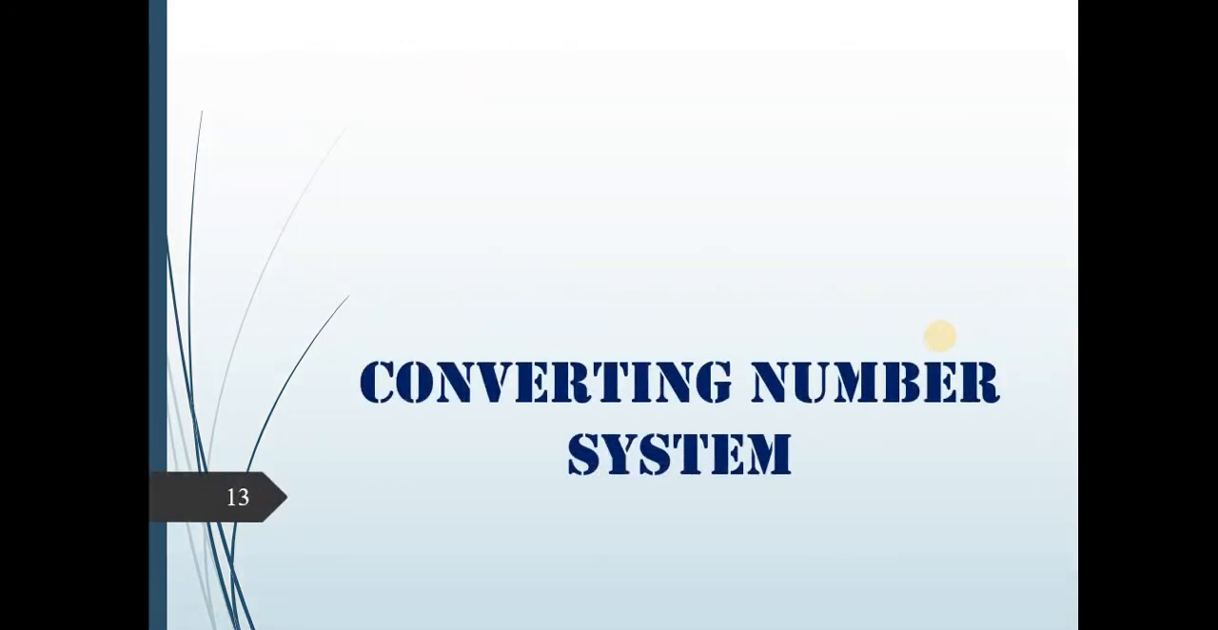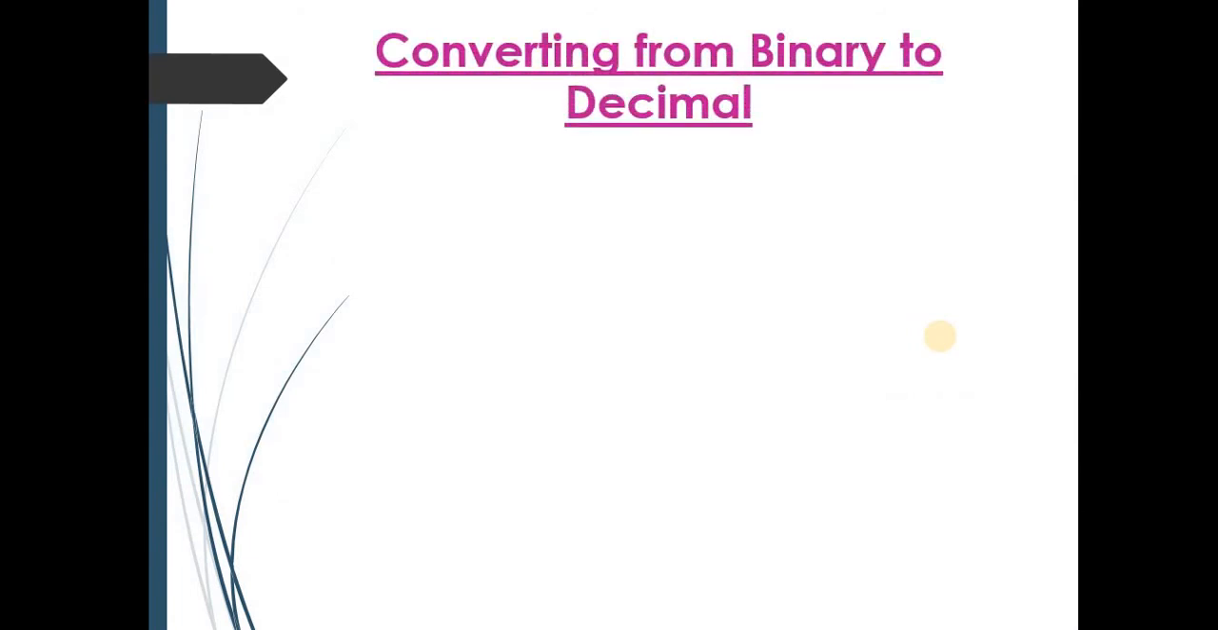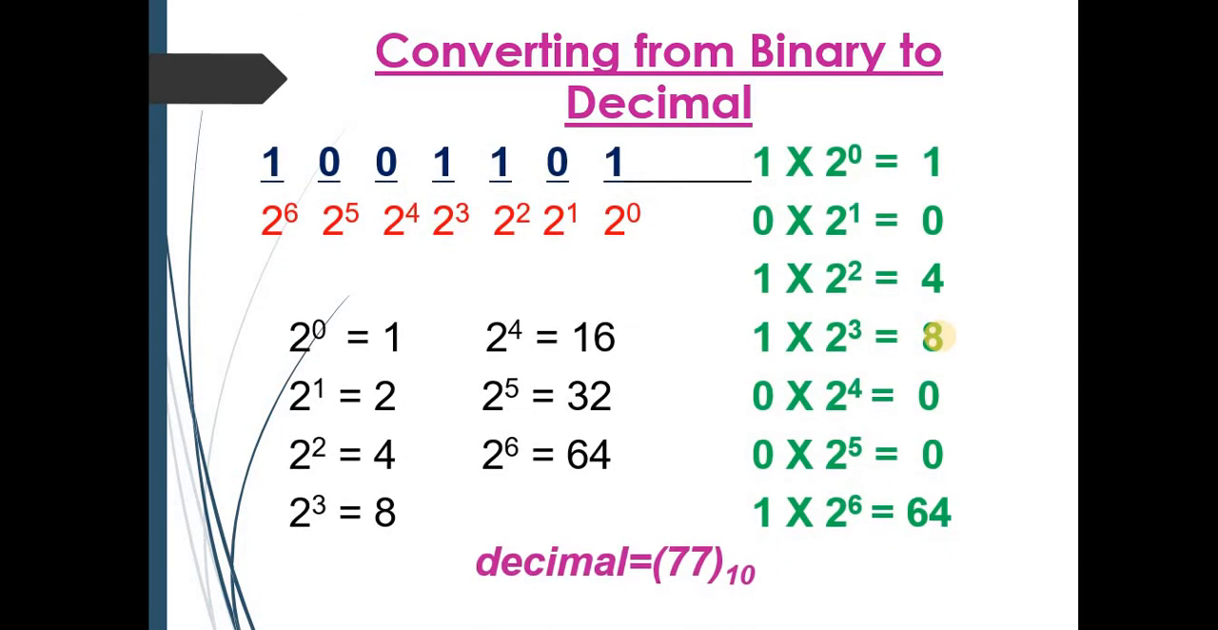Now comes converting number systems. How do we convert from one number system to another? For example, if we convert binary to decimal, how can we do it? So see, we have a binary number